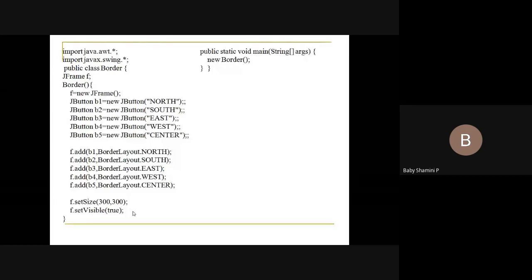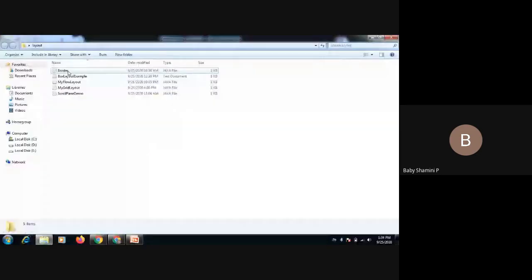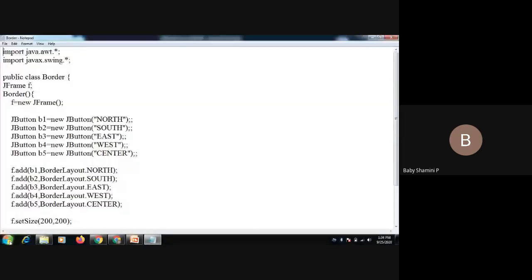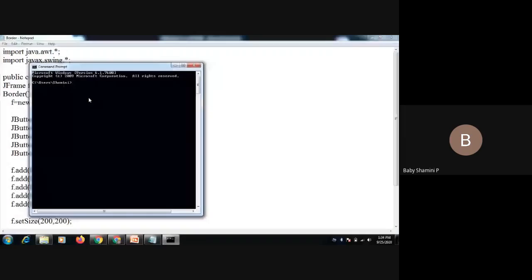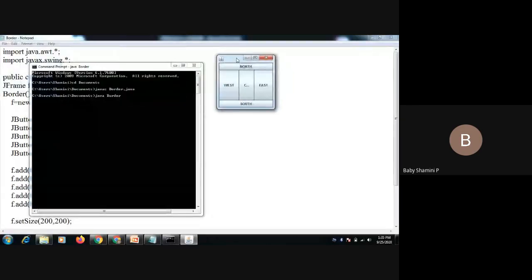Okay, I will show the demonstration. The first one is border layout. Okay, this is border layout.